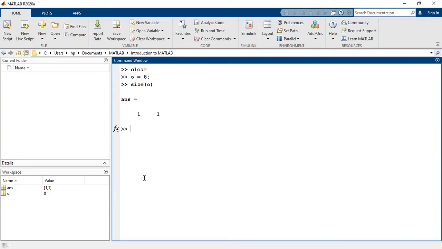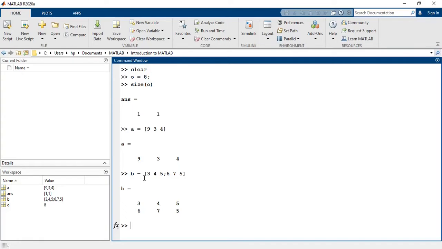Whenever you want to define a vector or a matrix in MATLAB, you have to use square brackets, space or comma to separate the values. Semicolon is used to start a new row. For example, let's define a vector in a variable a. A = [9, 3, 4]. Let's define another matrix. B = [3, 4, 5; 6, 7, 5].